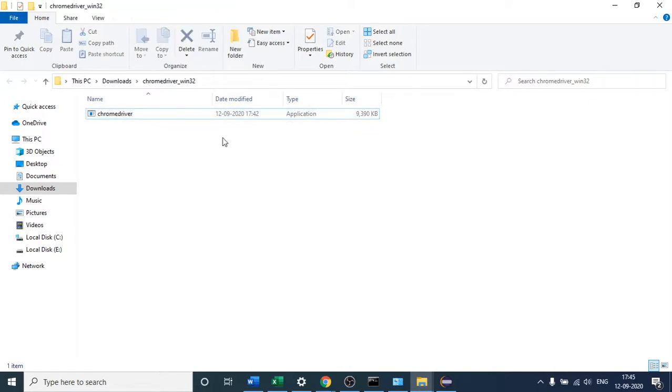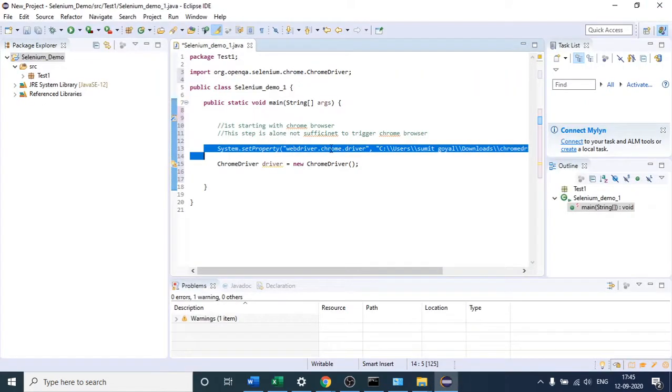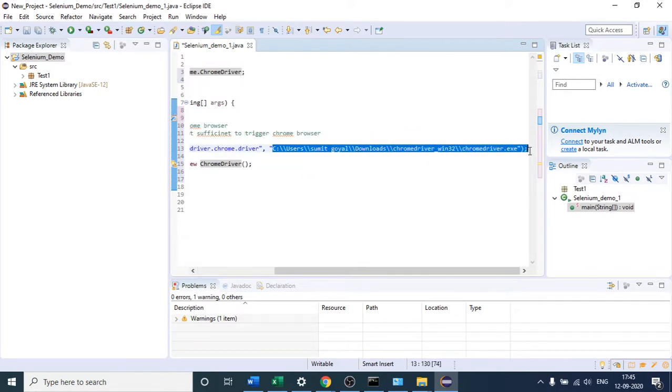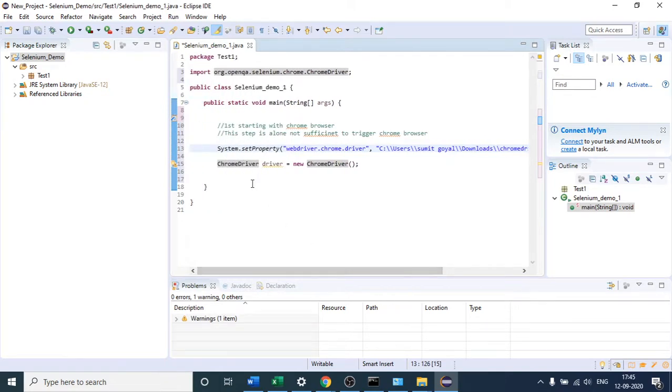So with the help of this file, you can successfully invoke your Chrome with the help of Selenium code. So we have just set the property. This is the property which is present inside this class, and this property expects the path where our Chrome driver.exe file is located, right? And just provide the extension at the end, which is mandatory. So these are the two steps which are mandatory. After that you will be able to invoke your Chrome browser on your desktop. So is it clear to you how we have set the path and all?